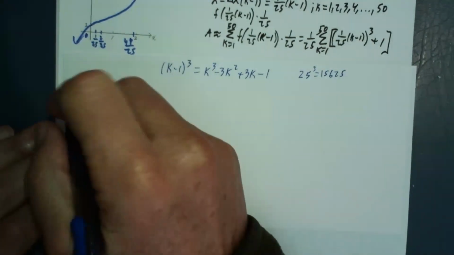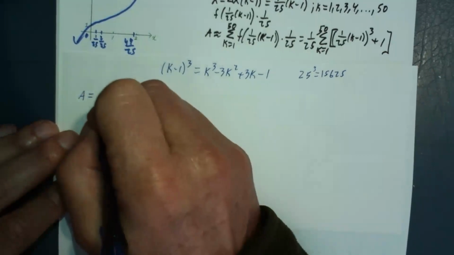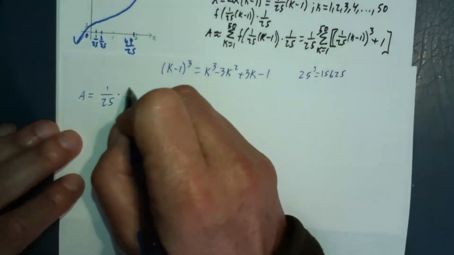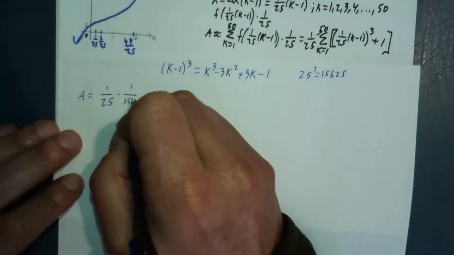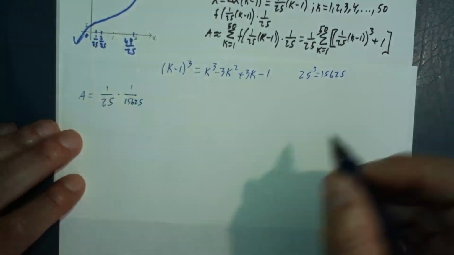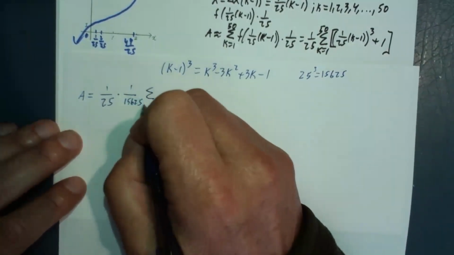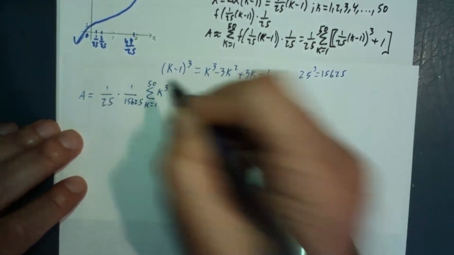So this becomes 1 over 25 times 1 over, and we just calculated that, 15625, times, now that's going to be the summation of k cubed